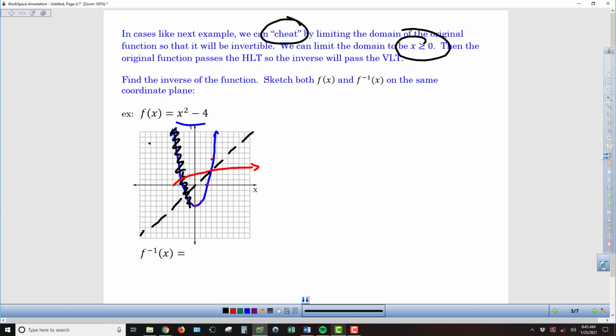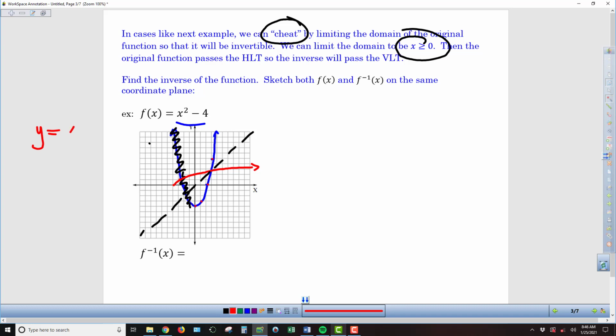It's now a function because we eliminated half of that original function. So this is how we can render an original function invertible: by restricting the domain of the original so that the inverse will also be a function. Now we do want to find the equation of this function, so let's go ahead and write this